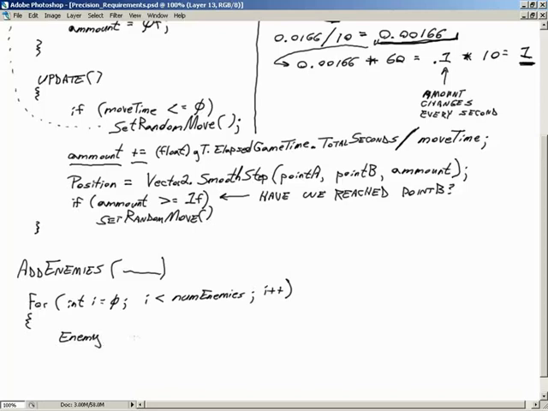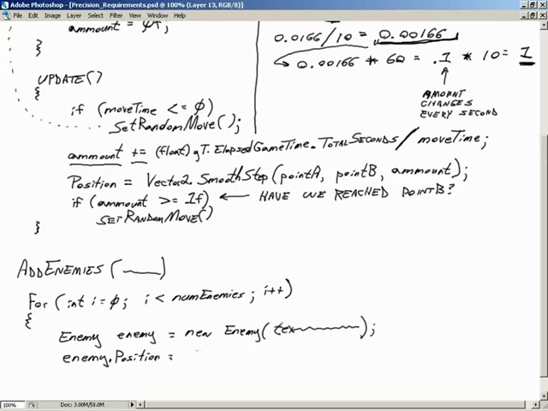Oh, suddenly I forgot to spell enemy. That was pretty funny. So enemy equals new enemy. Now, why are we actually doing this? Because we know he just got thrown into the list. So that's all good. We can get back to him. Why did we hold a reference to him for just a second? Well, simple. Don't forget, we're going to send the texture, the speed, and all that stuff. We held the reference so that we could turn right around and say, look, take this brand new shiny enemy and set its position